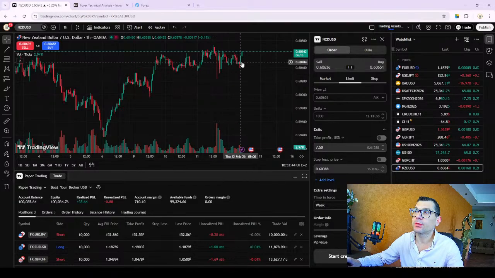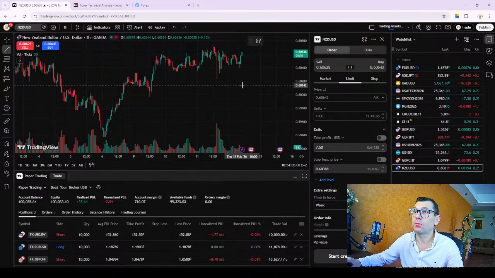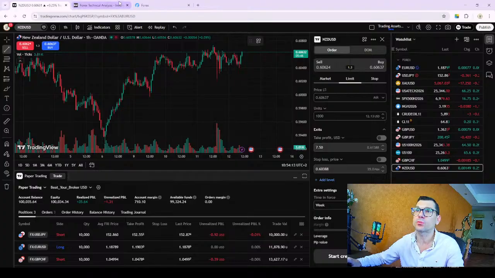Now, NZD USD also strong buy, but look, it's also very important to notice that the price was coming here several times. You see, same level. Came here, drew back, and now it's coming here, but every time it was coming here, it was dropping down. See, so it seems that it's a very strong resistance line over there. So I'm not going to buy this one because I'd better wait a little bit longer to see if that resistance will be broken or if the rebound will happen.